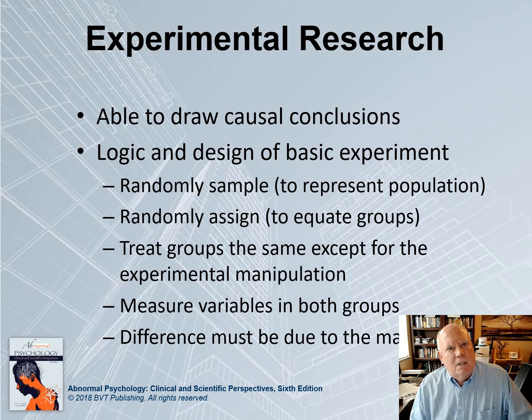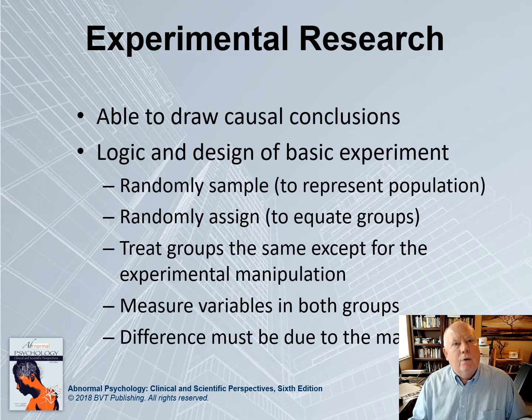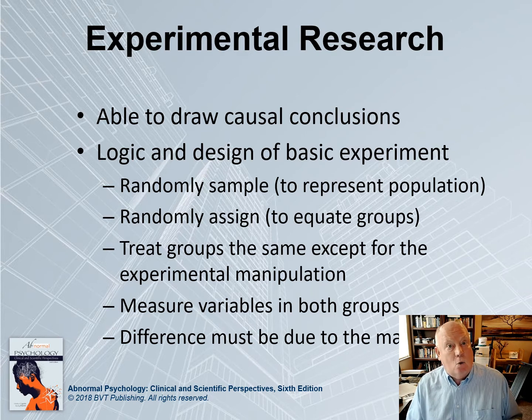Random assignment tends to equate the groups. Now, if there are only two people and we randomly assign it, the equating of the groups is not very good. But the larger the sample size, the more the groups tend to be equal on just about anything that we can measure. But they're not perfectly equal. We'll come back to that in a minute. But it tends to equate the groups. So now we have two groups that are equal.